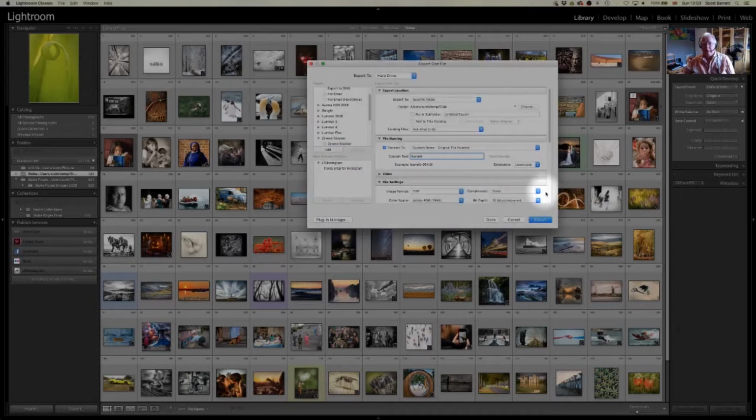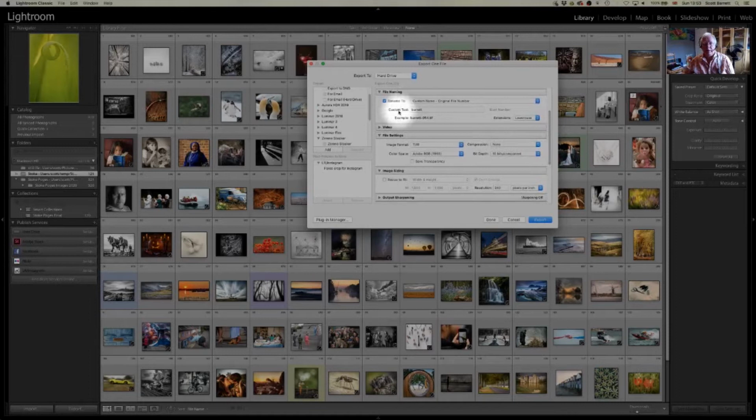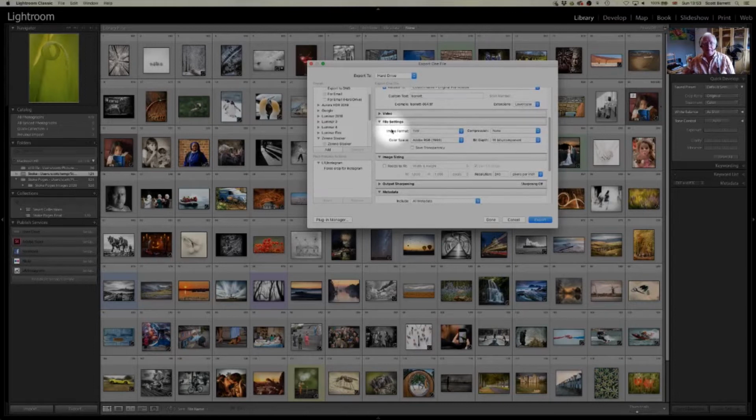All right, so the next one is video, and we don't care about video, but we do care about file settings. So in file settings, we know from the competition rules that the image format is supposed to be a JPEG. So we go up here and we select JPEG. We also know that the color space is sRGB, and there's several different ones here, but sRGB is the one